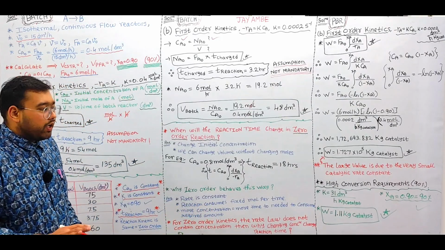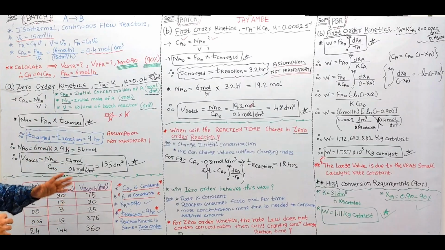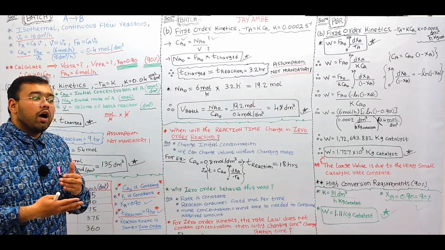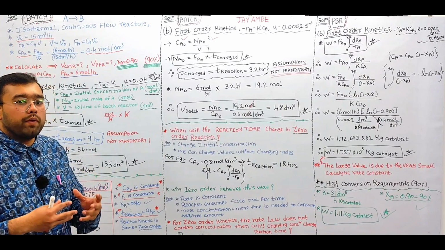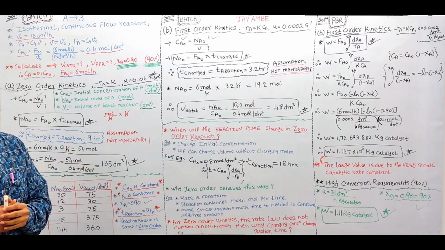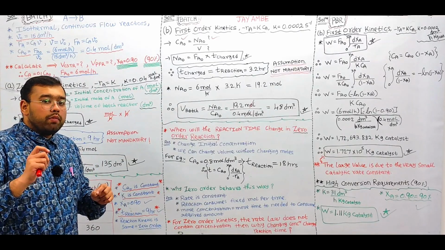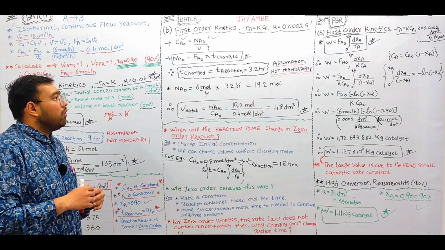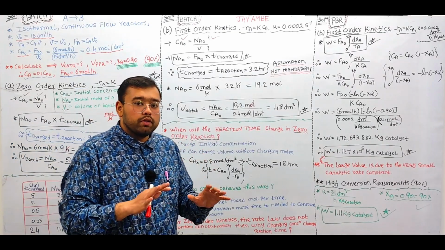So here we have covered the zeroth order reaction and the first order reaction for the batch reactors. We have understood how we design the volume of the batch reactors for the zeroth order reaction kinetics and for the first order reaction kinetics. So I request you to please make all the important notes. Now, up to this point